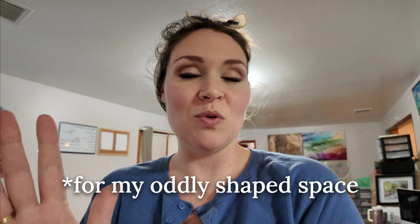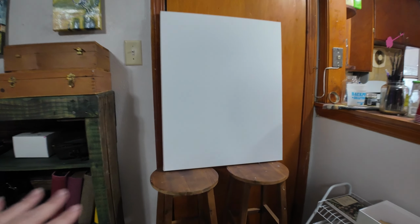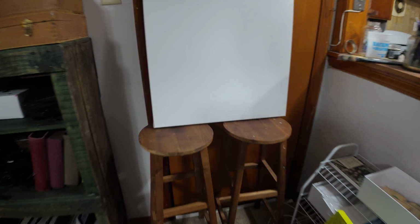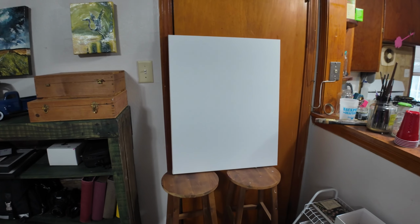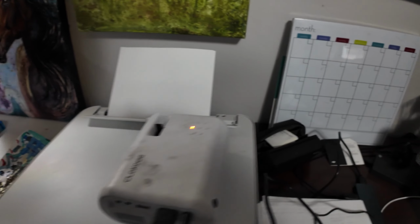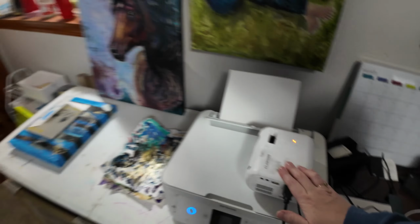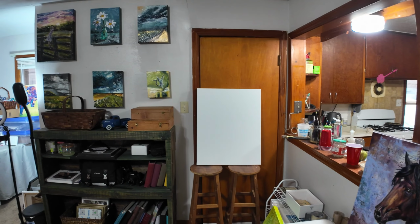So accidentally, when I rearranged my office, I actually came up with the best setup possible for my projector. So as you can see, I have this door that I cannot put anything in front of. It is a storm cellar, so we really don't go down there. I just keep bar stools here for if I need to sit or stack something or whatever, but I ended up just keeping them there, and I was actually just stacking canvases here. So I can show you my projector sits right on top of my printer and will project over to that